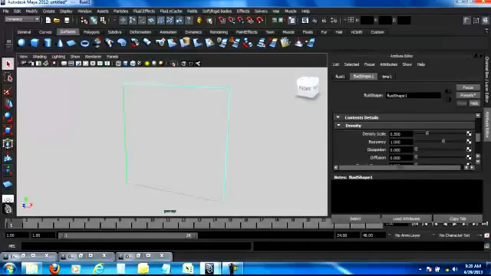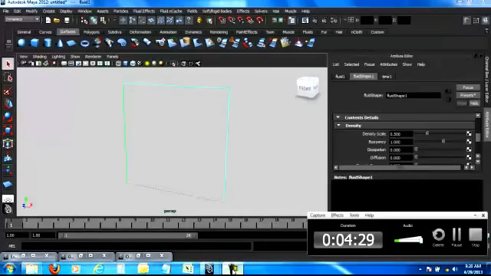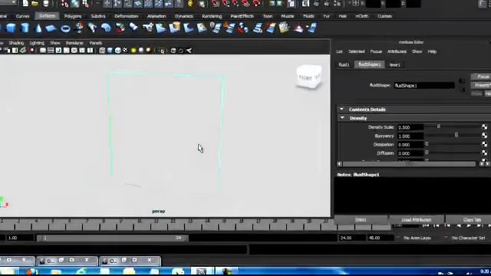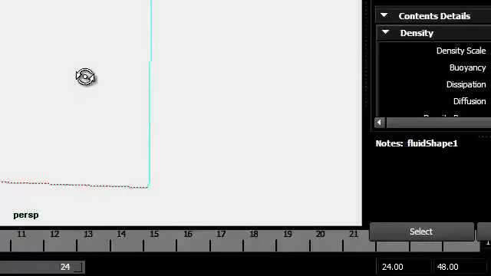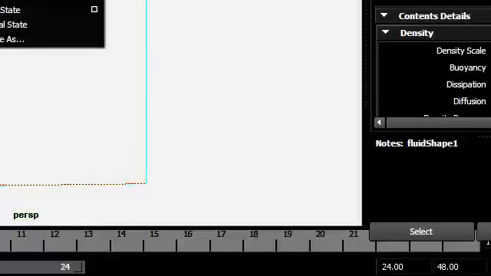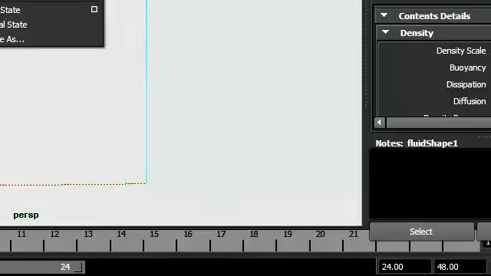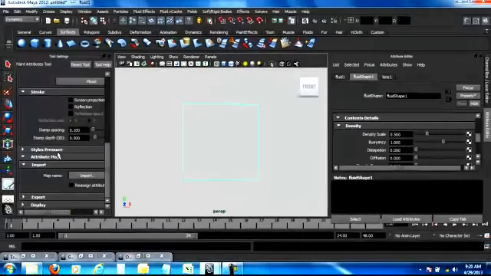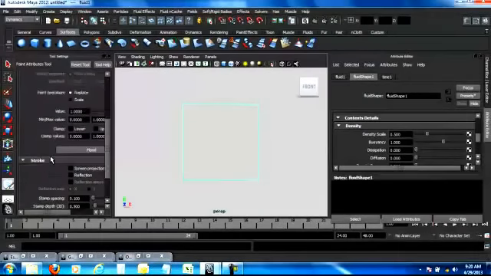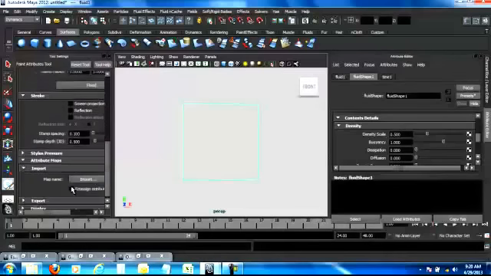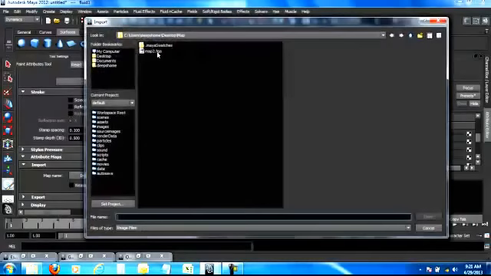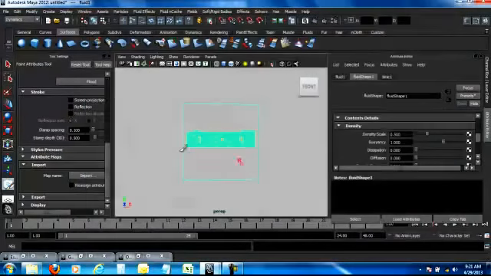Now obviously I need to populate this with my text. So what I'm going to do is, I'm going to come to fluids, add edit contents, paint fluids tool. Here if you just scroll down, you'll have attribute maps, import, and let's import our map2.tga.